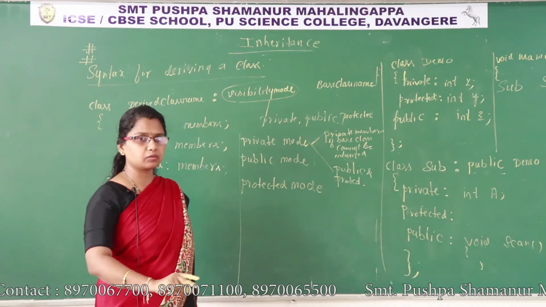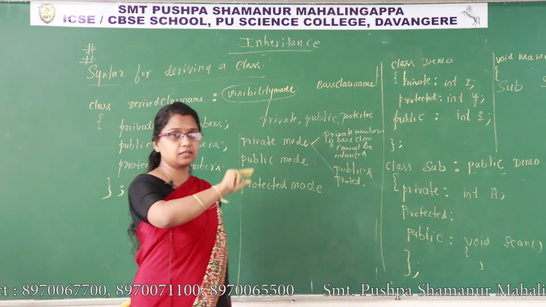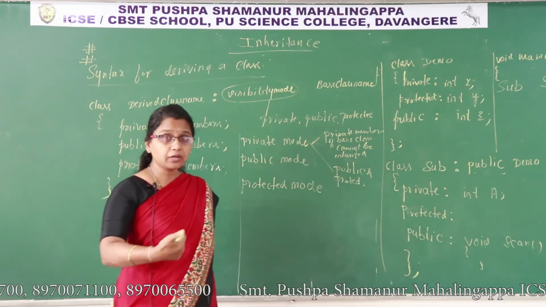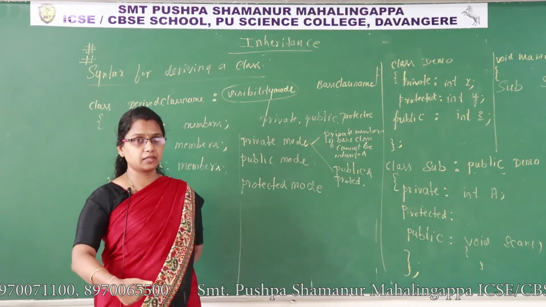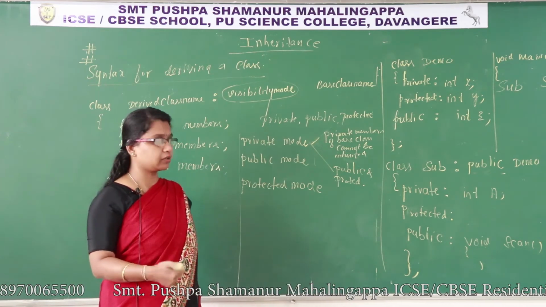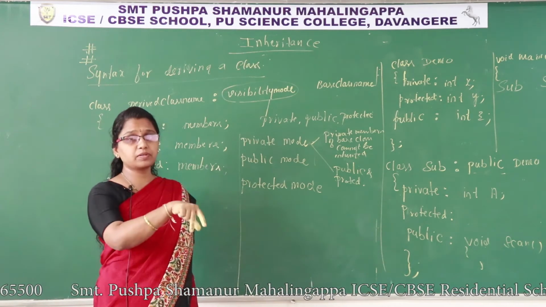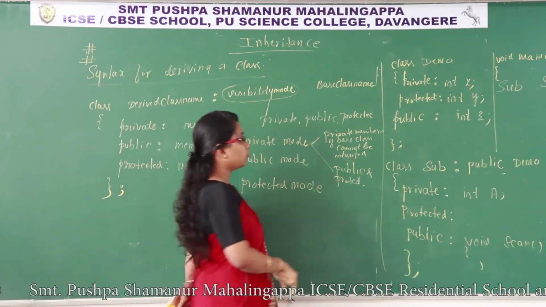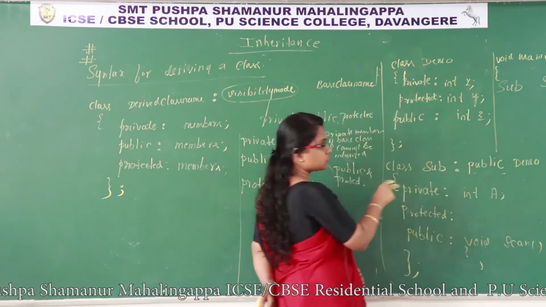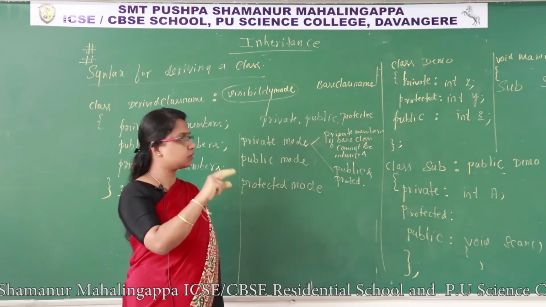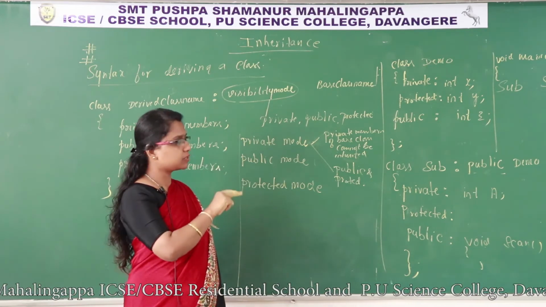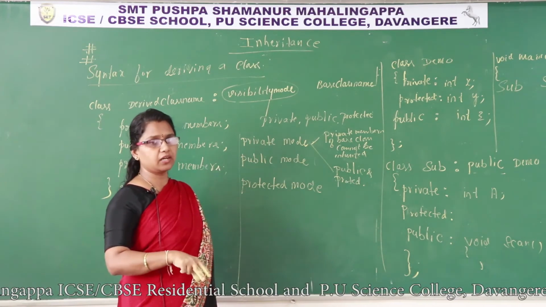Okay, we now know they are inherited from the base class to the derived class. After inheriting, the derived class also has 3 access specifiers: private, public and protected. To which section will those members come? Whether protected comes to protected or public comes to public, there is a clarity. Only protected and public will come. Protected members and public members will be inherited to the derived class.